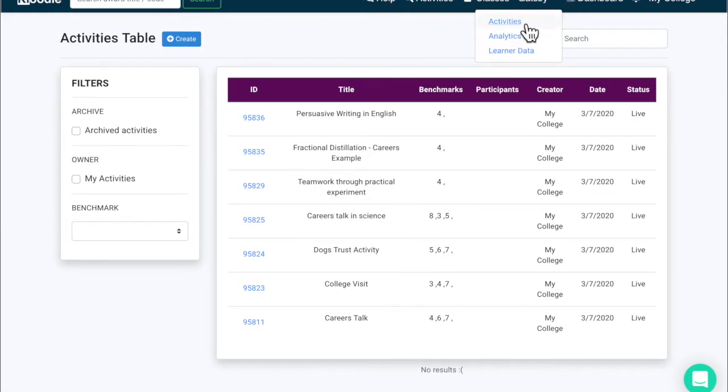If you click on that, and then you can click on activities, it's not going to reload the page, but that brings you to this screen, which is a table of all the activities you've set up for the school or college, and they're all here. To create a new one, we go to create, which is at the top